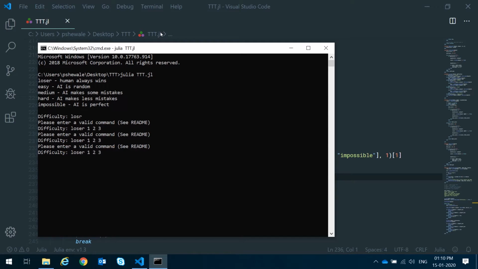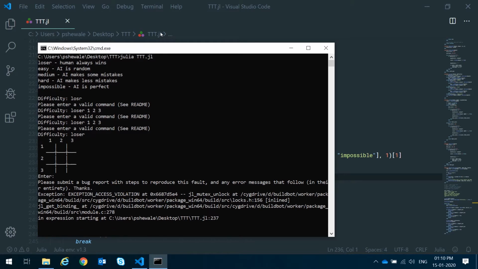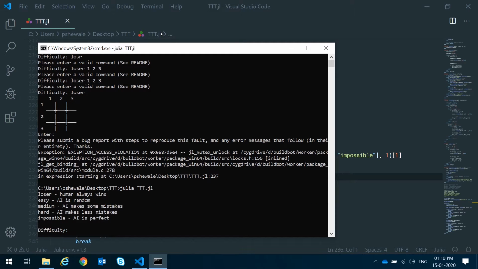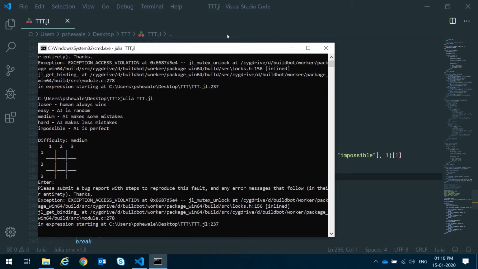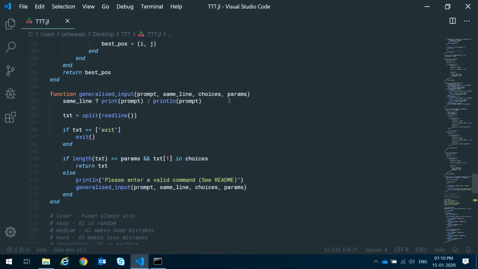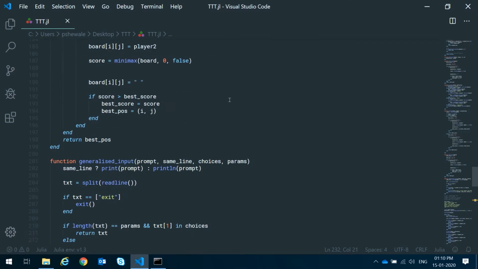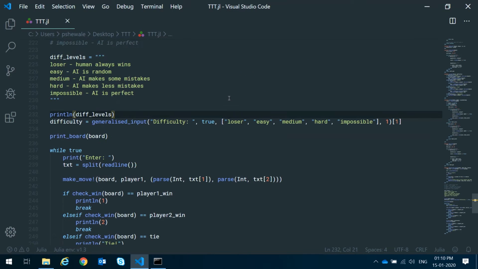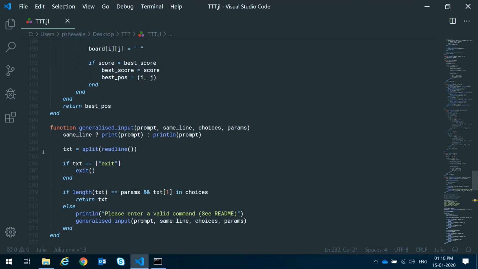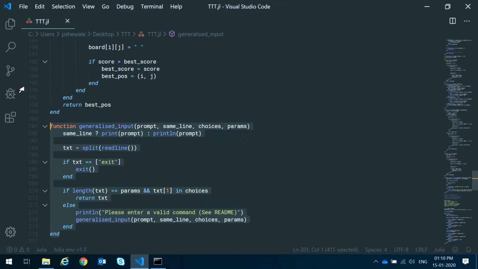Okay. Look at that. It works. So now that that works, let's try it with something like medium. Okay, that works. So our input function works now, and it's asking for input. It makes sure that it gets the correct input. So now we want to make an input scrubber